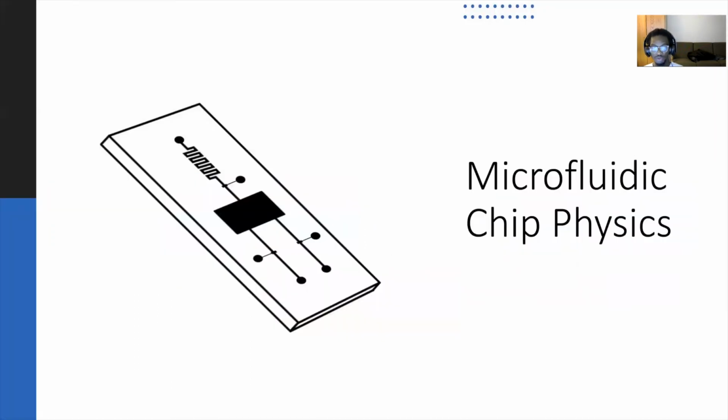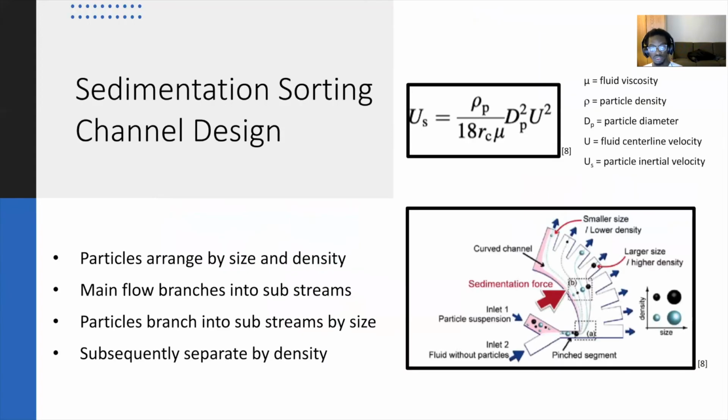Going into the microfluidic chip, there are two systems that we would want to consider. The first system is the sedimentation sorting channels. This sedimentation sorting provides us a way of dealing with one of the researchers' main problems, which was that even after cleaning your samples, there is sometimes a possibility that you may miss some sediments or plant material,